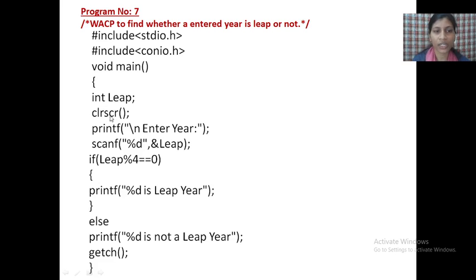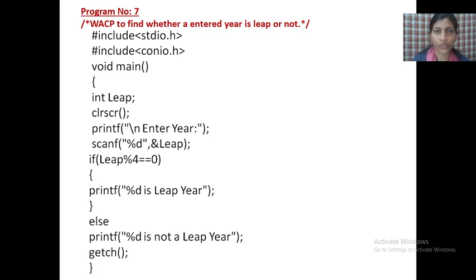Then write the clear function, clrscr, to clear the previous output screen. I will show you the use of this clear function in the program. See, if you don't write this, it will not clear the previous output screen, it will display that also along with whatever result you get when you run.